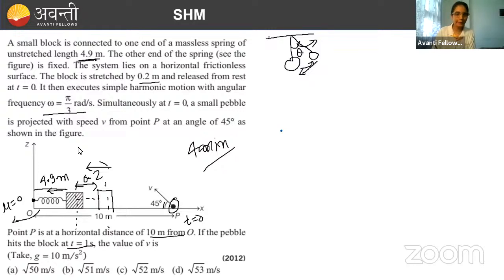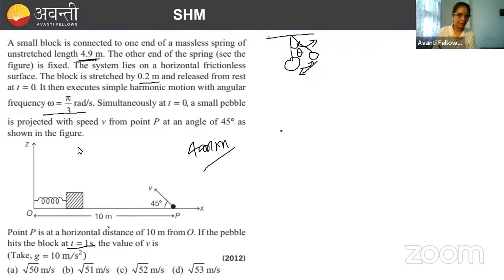So what we need to calculate at t equal to 1 second, what is happening? At t equal to 1 second, this is hitting the block. So we have to calculate the value of v. Now you see what will happen. You just needed to draw things carefully. Okay? So let's see here what will happen at t equal to 1 second. At t equal to 1 second it is hitting now. So when this